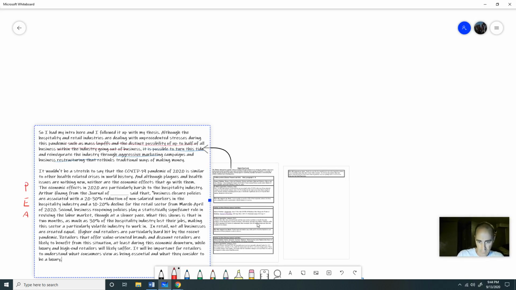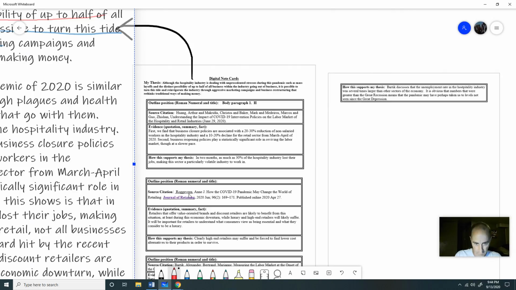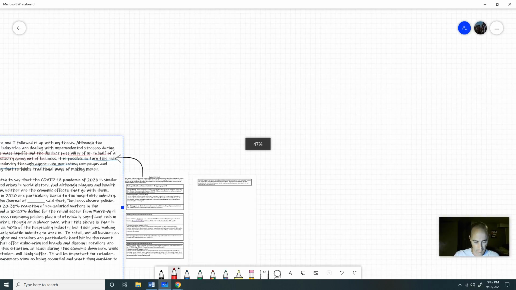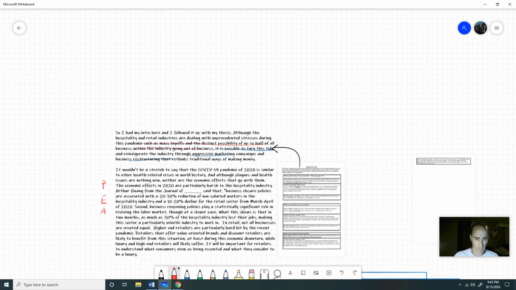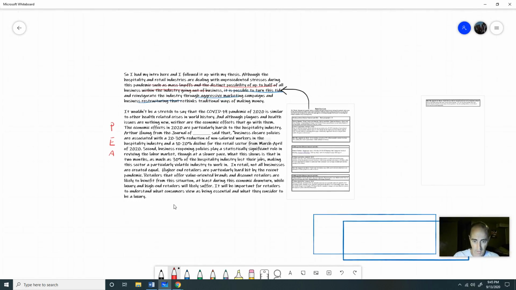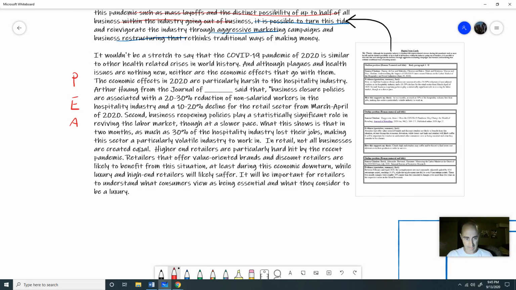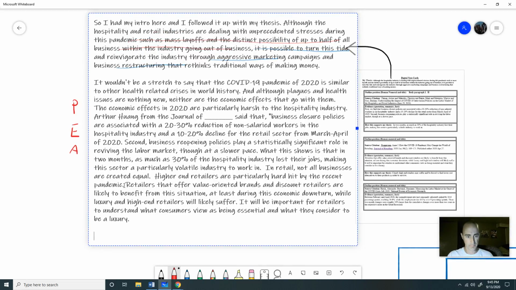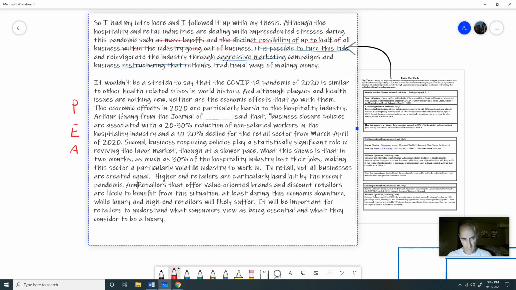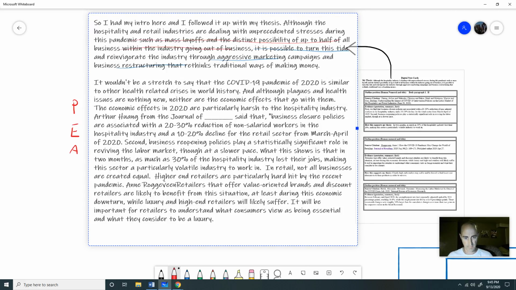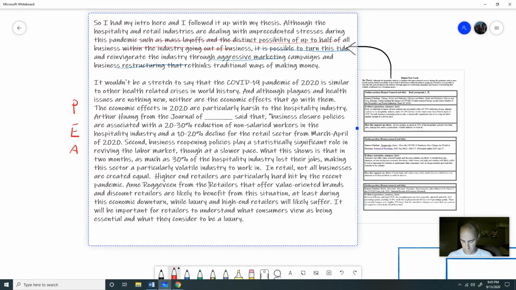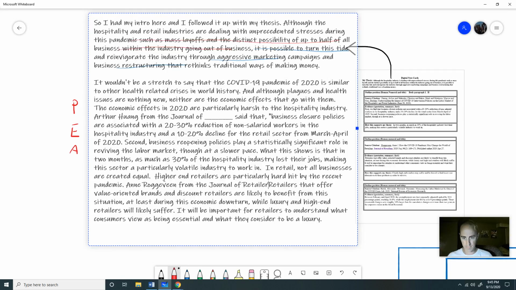Well, it's Anne Raghaveen, she's from the Journal of Retailing. Okay, and so I want to go to the, I'm having problems here, guys. Sorry. I want to go to the part where I start my E, or my example, and I want to say Anne Raghaveen from the Journal of Retailers emphasizes this disparity